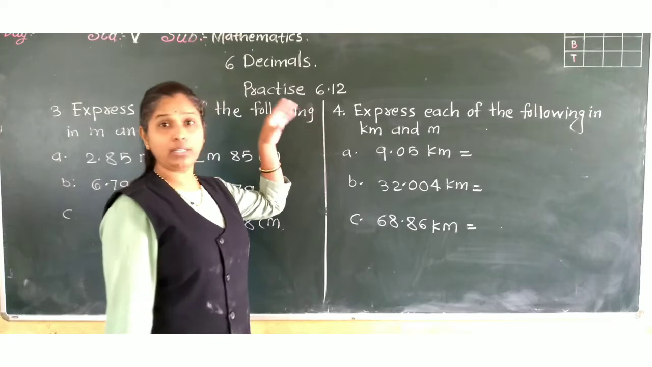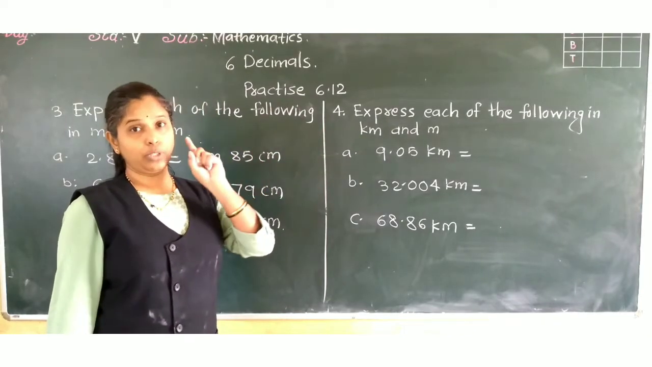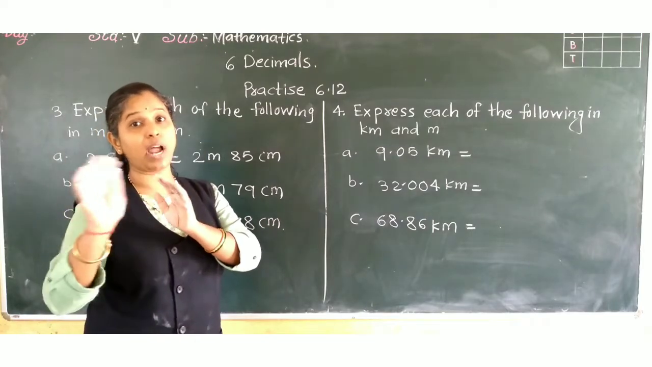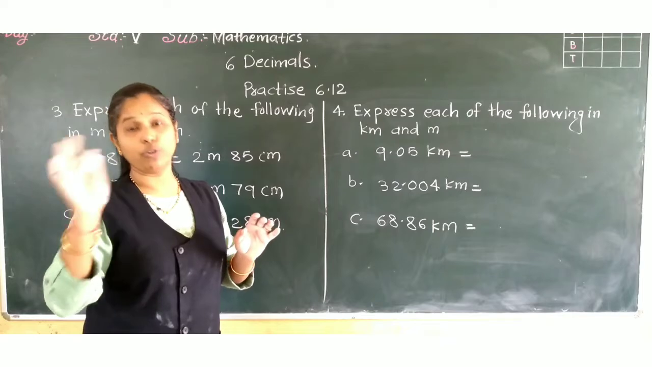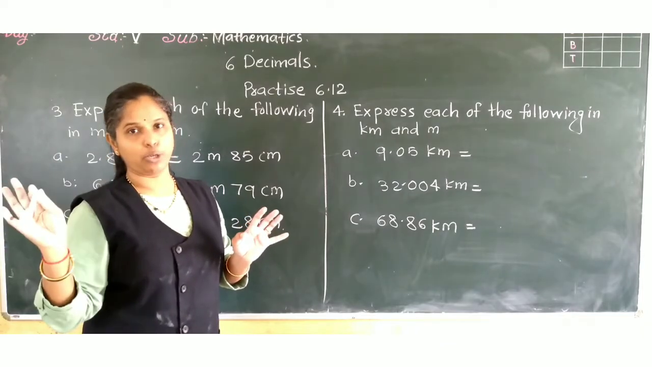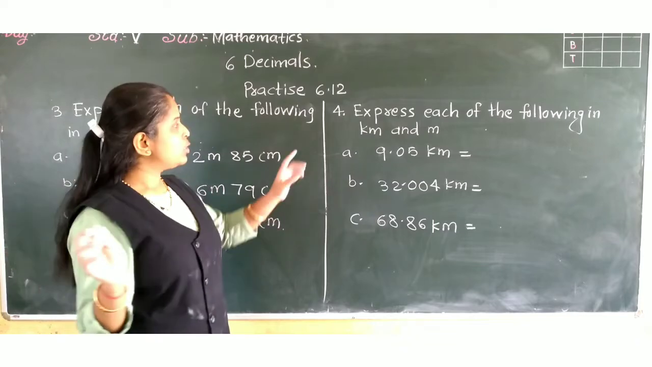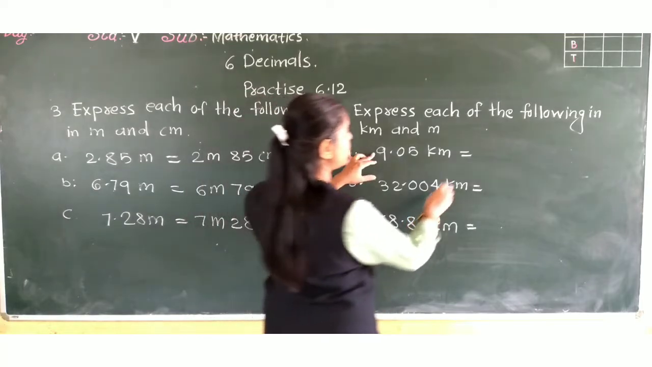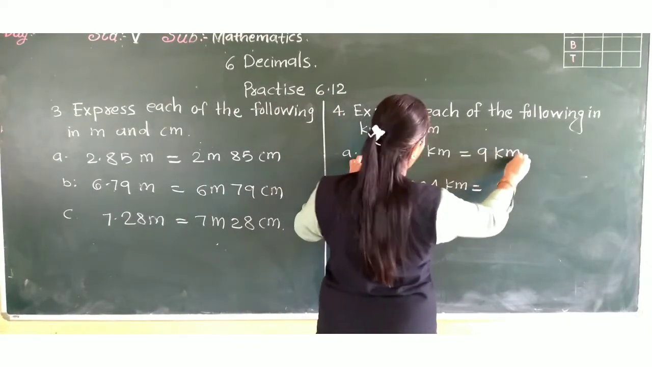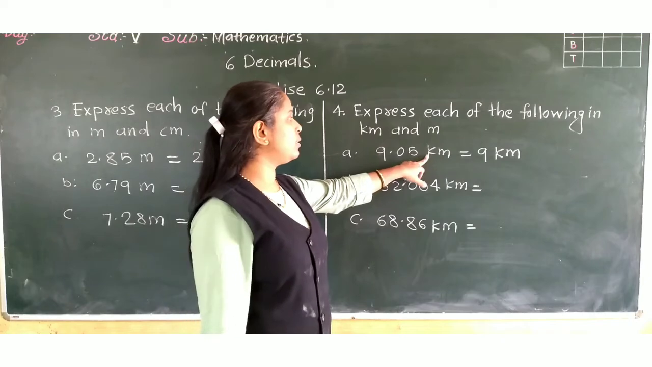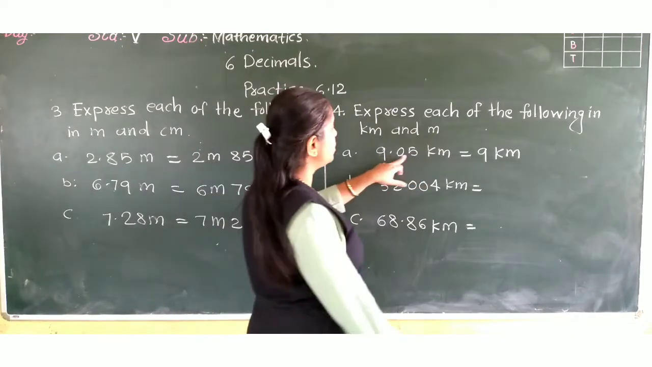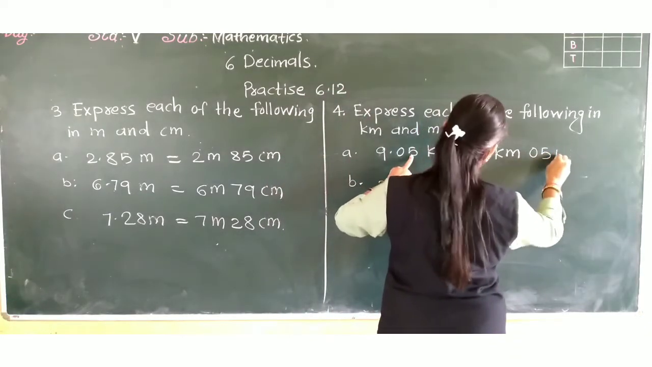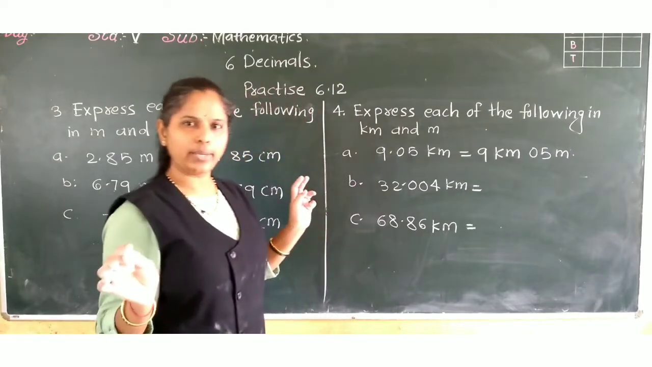Express each of the following in kilometer and meter now. You should know 1 kilometer is equal to 1000 meter. So in the meter part 3 digits should be there. Okay. If not, then we have to put 10 or 20 whatever. So here see 9.05 kilometer. So that means 9 kilometer and how many meter? 0.5 is there. That means you can write 0.5 also. No problem. Okay. Next